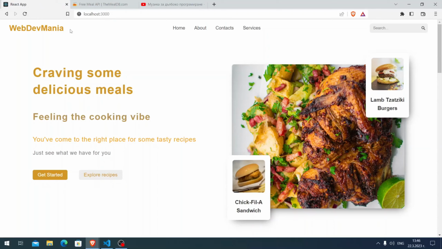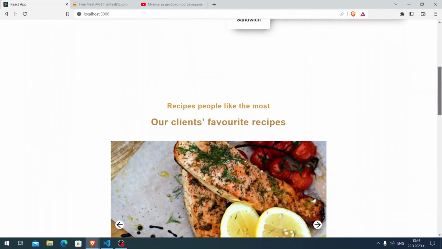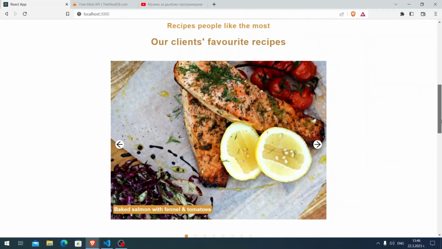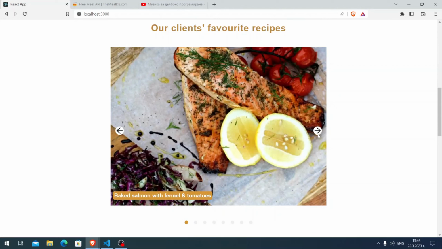Here we have a navbar with a left, center and a right side. Then here I have a hero section with the left side here with the titles and stuff, and the right side here with that big image and those two here. Then if I scroll down here, it is our client favorite recipes, and here we have a slider